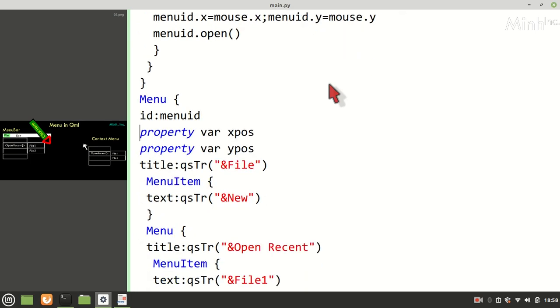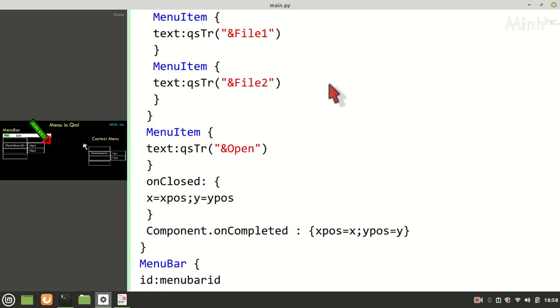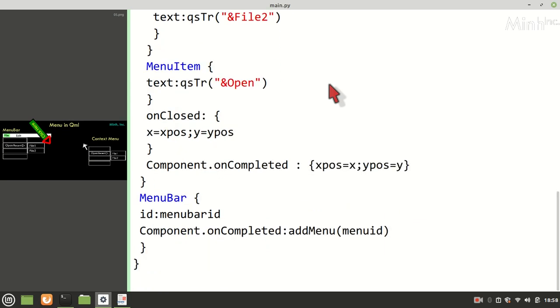It has two variables, xpos and ypos. When this menu is completed, we are remembering the x and y, the default position of the menu. This default position is required, like if someone is on the context menu and closes the context menu, at that time x and y would come back to its original position. So this creates a problem sharing the same menu bar.